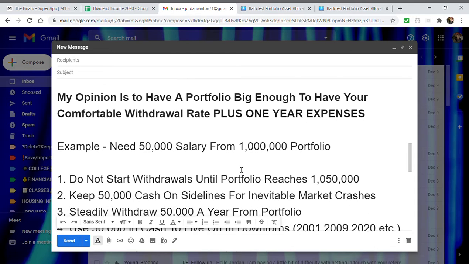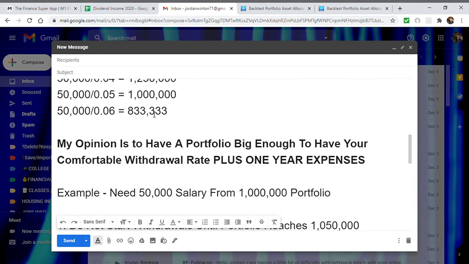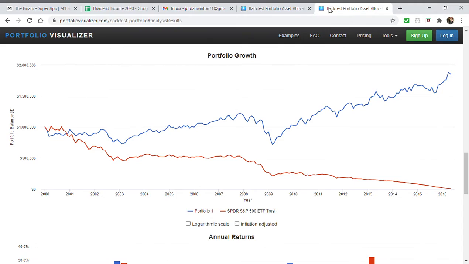But the reason why this is so important is I want to give you an example of a $50,000 salary like the one we showed up here, and you're starting with a $1 million portfolio. Do not start the withdrawals until the portfolio reaches $1,050,000, i.e. the $1 million plus your $50,000 salary. Take the $50,000 in cash and put it on the sidelines for the inevitable market crashes, okay? And then steadily withdraw the $50,000 a year, like we showed in this example,